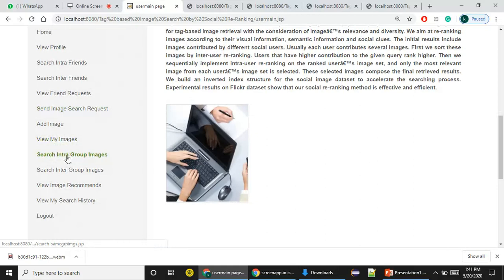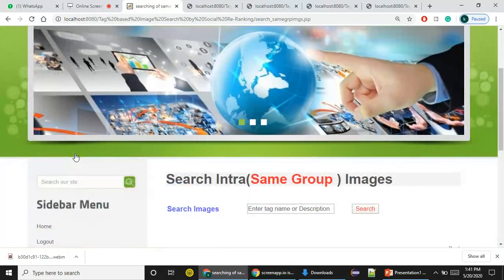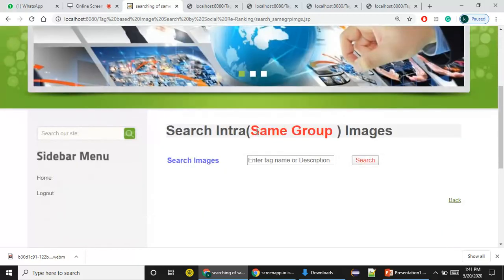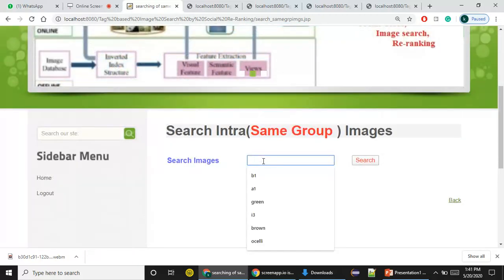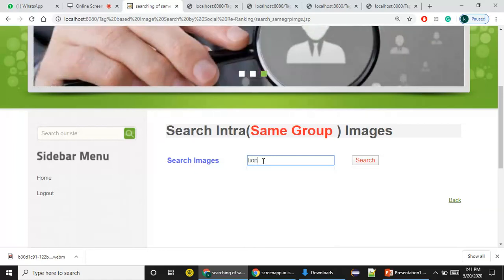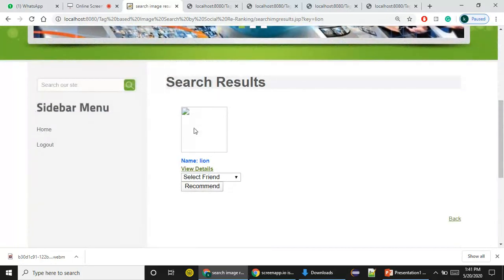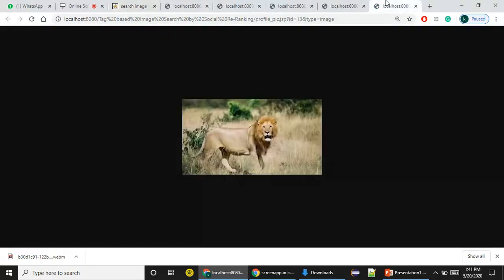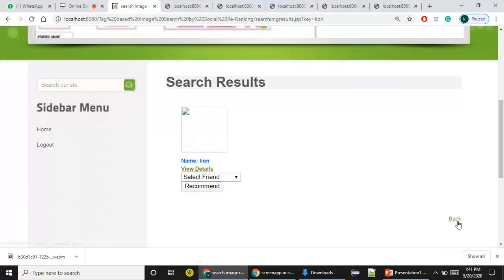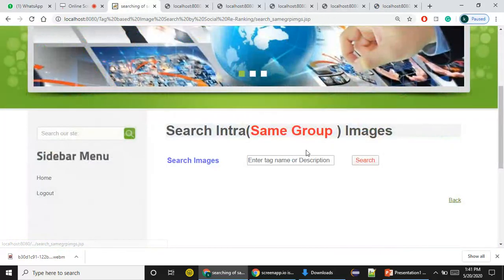You may search intra-group images. Intra-group images are nothing but based on the same group. Same group is nothing but this is animal group, right? We can only search based on animal group. Let's say lion. We have lion on that. So this is lion. Okay. We can also search based on the color of the image. Let's say color brown.